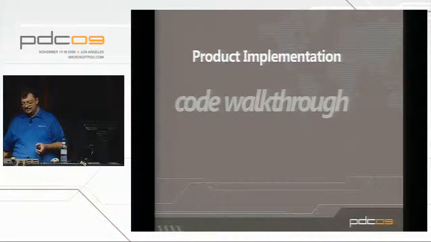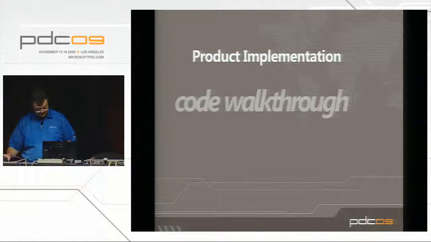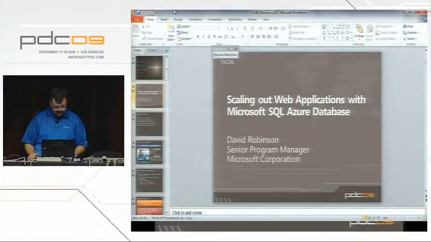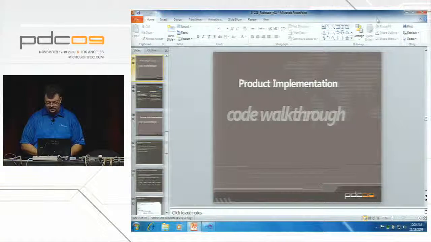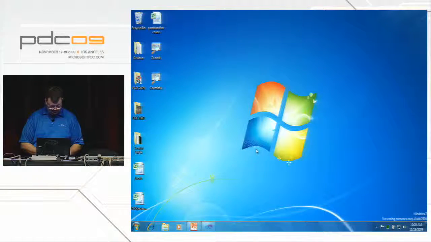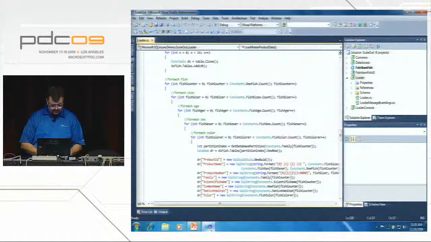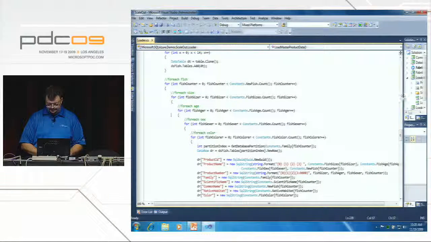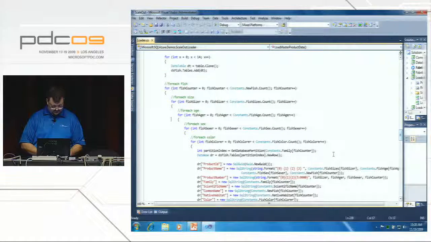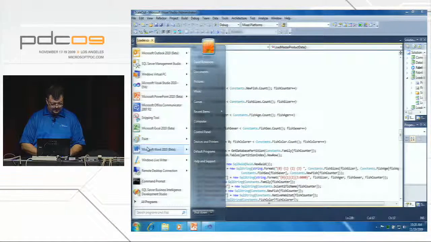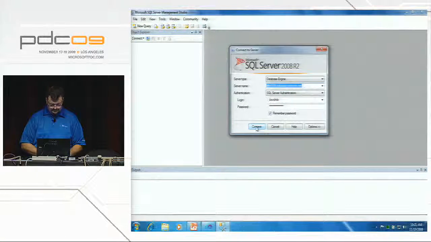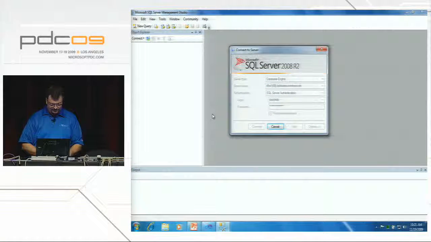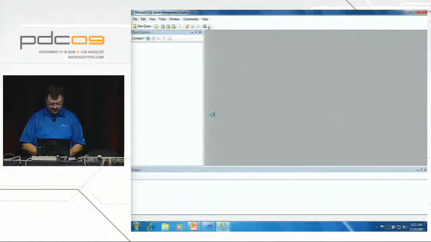So let's take a look at some code now and jump into Visual Studio. Let's go into my bestest friend, SSMS, and connect up. Here we are.